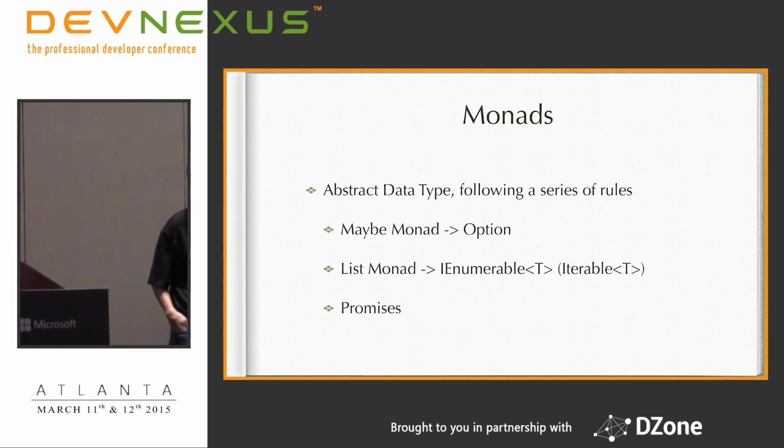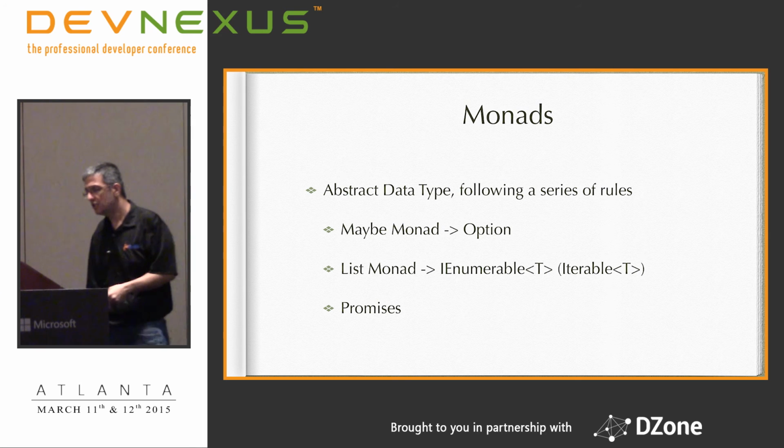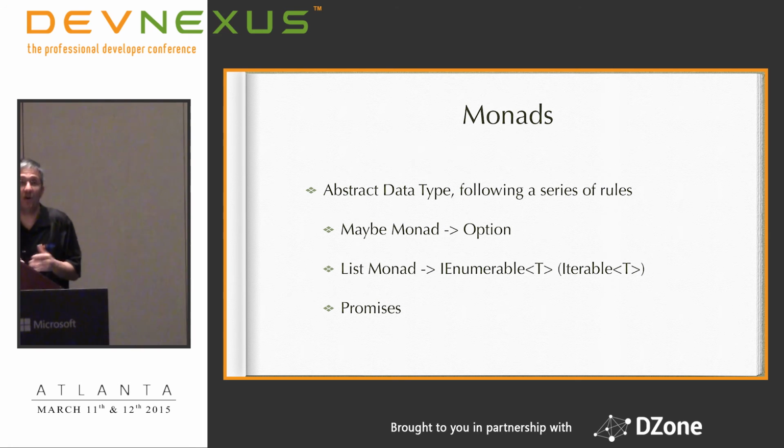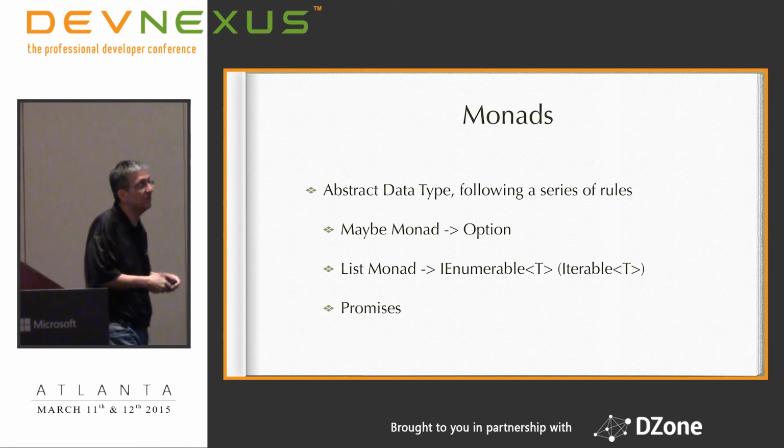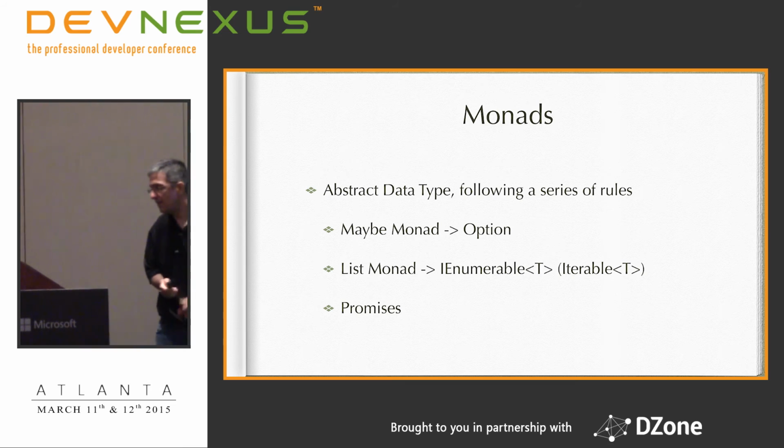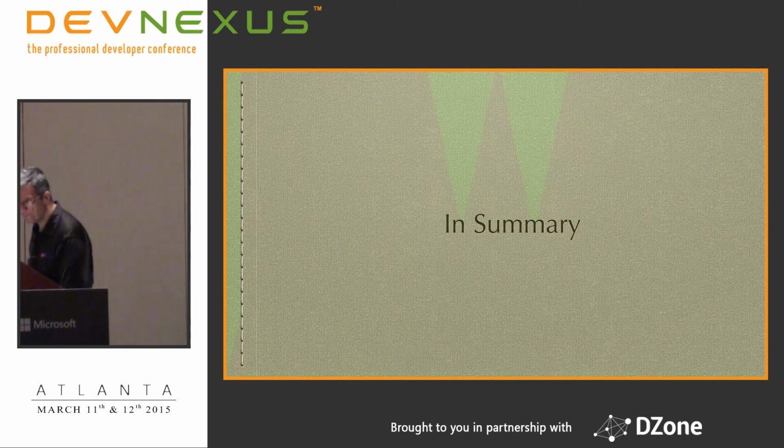And monad can be applied in everyday use that we see, where we don't even know we're using a monad. If you're familiar with Scala's Option, that's a monad. It says if a value is not null, then invoke a call on it. Enumerables, iterables, these are all monads that are implemented in C# and other languages. Promises are a kind of monad. So a lot of these terms that we don't even know what they are, we're actually using in our everyday lives. Okay? So to summarize,